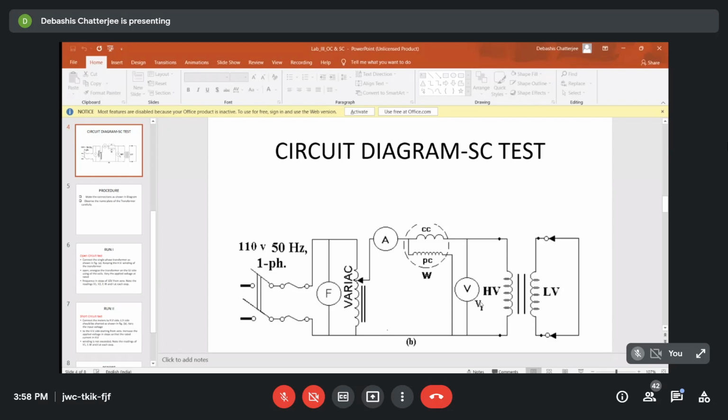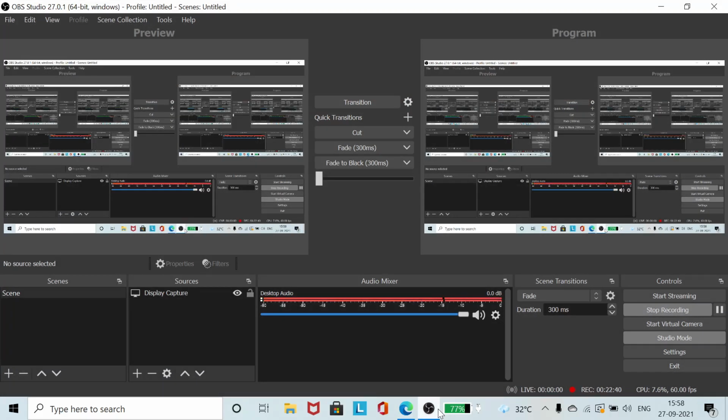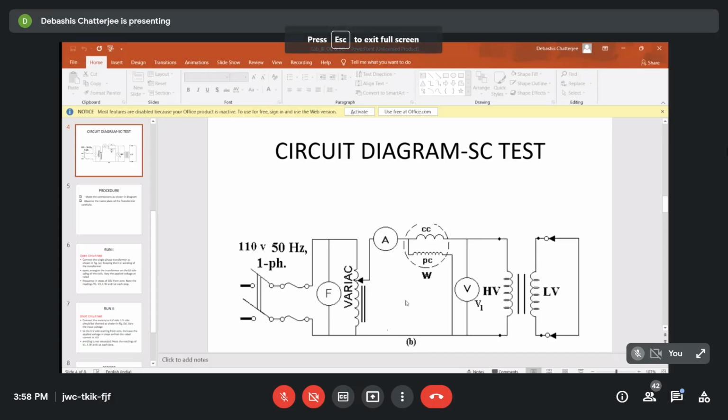in order to flow rated current through the transformer. Now, take the example, say 100 is to 1000. If you had connected the 100 volt side, 10% of 100 would be only 10 volts. So the variac will be only varying between 0 to 10 volts, a very narrow range. Right, and for the 1000 volt side, 10% is 100 volt. So then you can easily vary and have wide and more accurate readings.